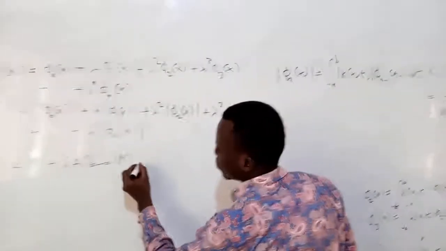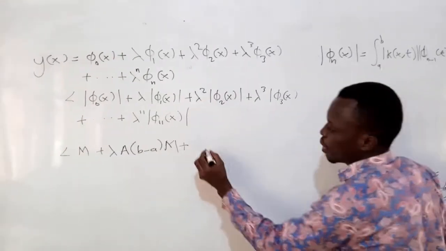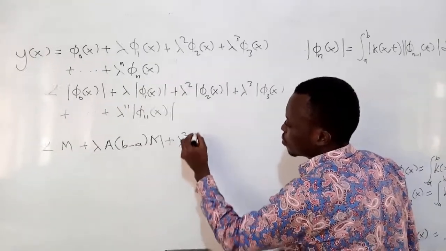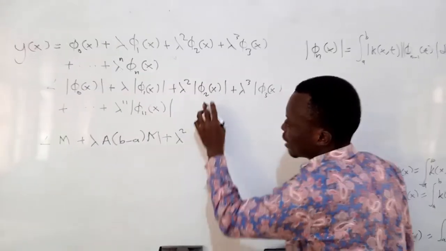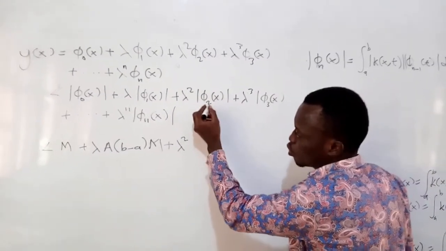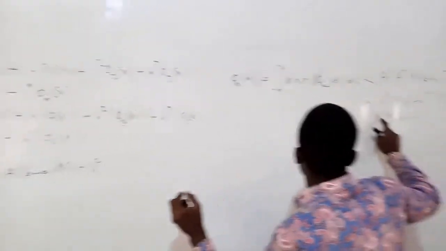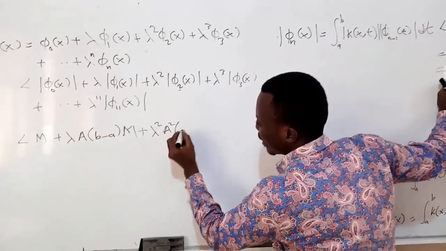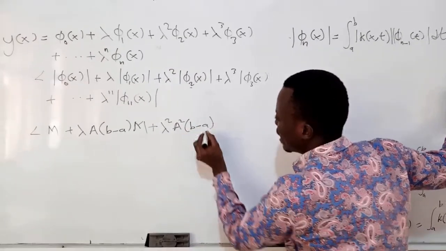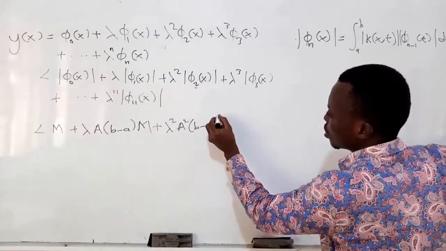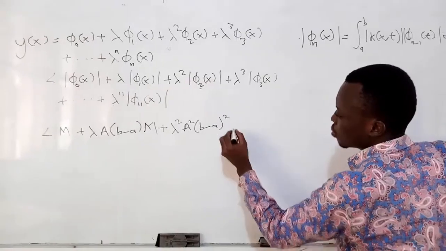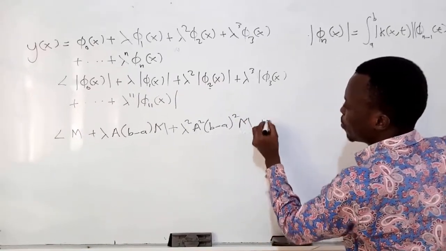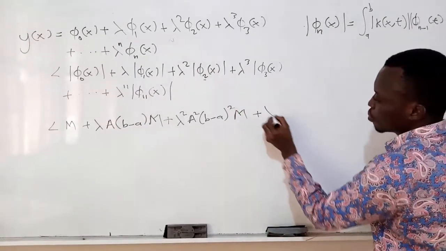Plus lambda squared, then this is bounded by a, this is 2, so I'm going to have a squared into bracket b minus a, since here is 2, here becomes 2, times our m. Plus lambda cube